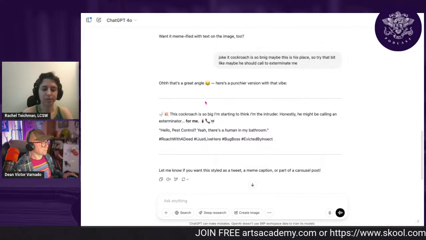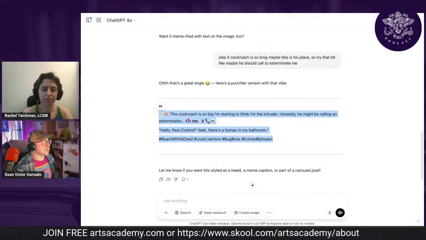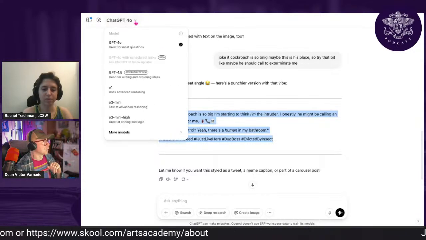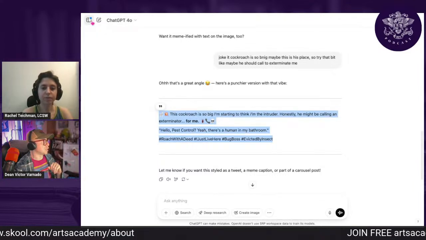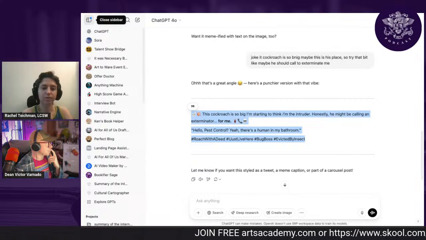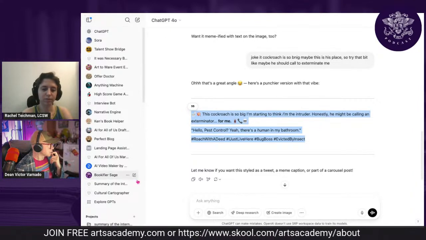Right. Okay, so then I want to show you something else which I like to do. So I created this thing called the Cultural Cartographer. I'm going to give everybody here the link to this. It's a GPT that I use. A GPT is a pre-programmed AI chatbot that does a specific thing.